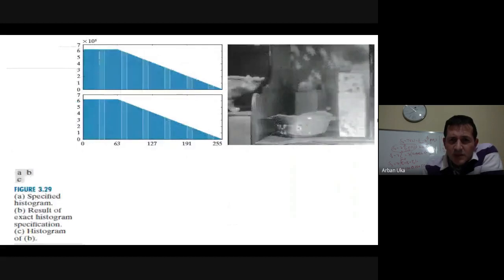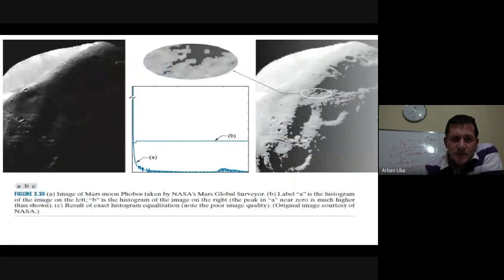Again, there are several examples. Here we see images taken from different satellites, trying to improve them for human perception by working only, or mainly, on histogram equalization. For example, in image A, we observe that more than half of the image is almost dark, so we don't see any specific feature. If you work really hard, you can observe that there is some structure at the bottom part of the image. Using histogram equalization, we can improve it, as is seen.